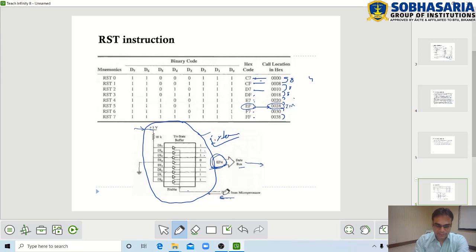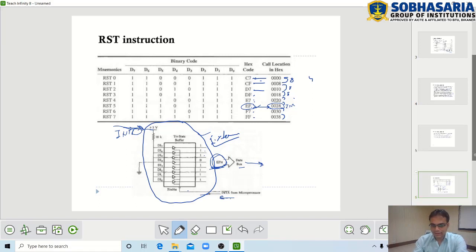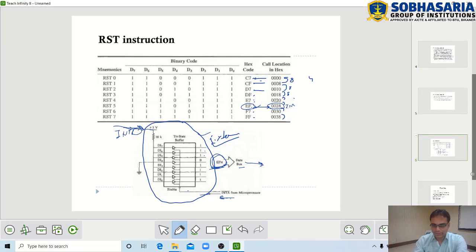When the INTR signal is received, the INTA acknowledgement is sent so that the hardware can be enabled and a particular vector location can be identified with this RST5 code. So this is how the INTA signal is going to function.